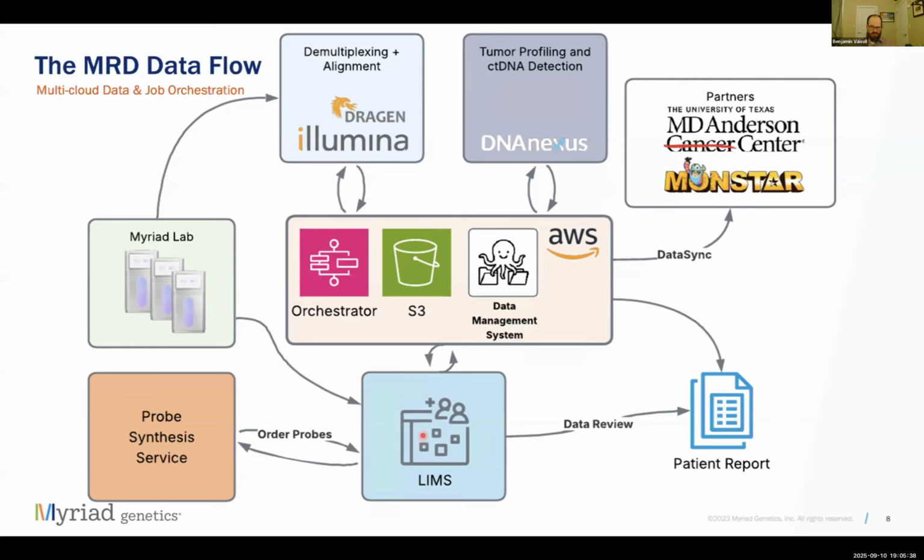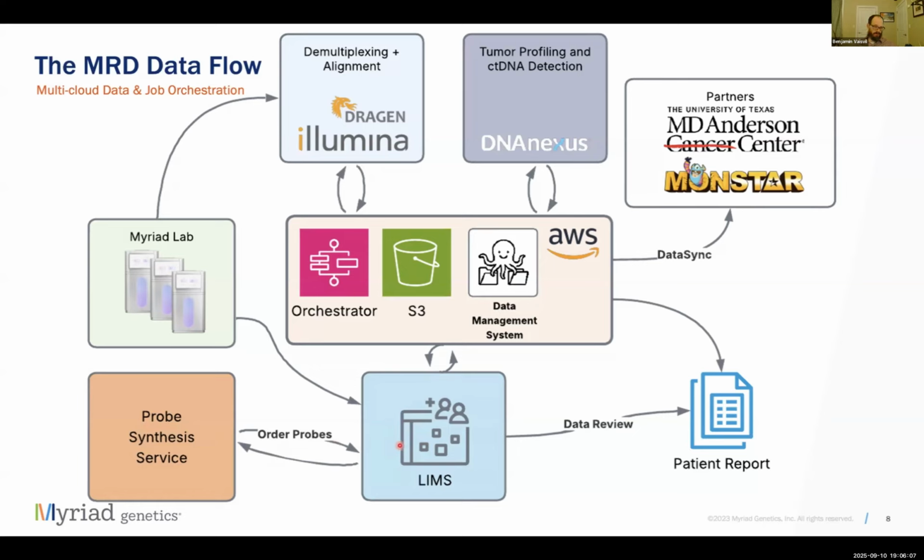This orchestrator then moves the alignment data, initiates the workflow execution in DNAnexus, and it tracks the files. It creates and updates in DNMS. After the execution completes, the results are then returned to the LIMS via the orchestrator. LIMS then initiates order for the probes. At the probe synthesis company, those probes are returned. The probe details are returned to the LIMS.